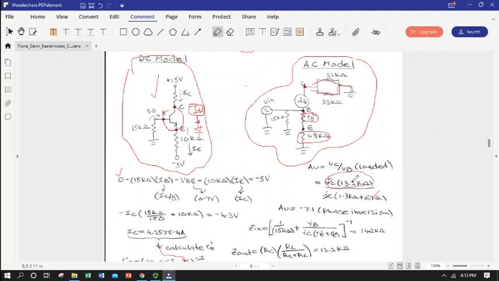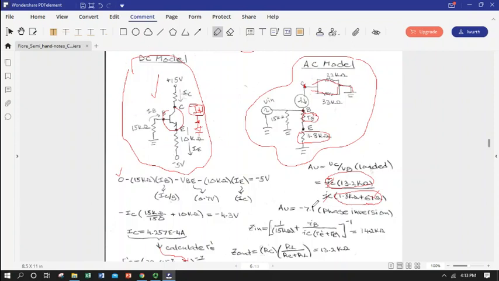So the 13.2 kilo ohms is the parallel combo of 33 kilo ohms and 22, and then we got 1.8 kilo ohms plus our 61 ohm R little e and R big E to define V sub B. We ratio them, the I sub C's cancel, and we end up with negative 7.1